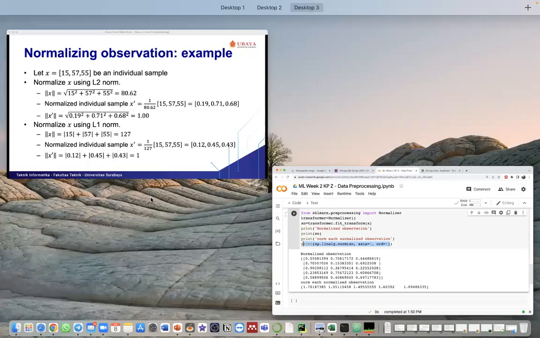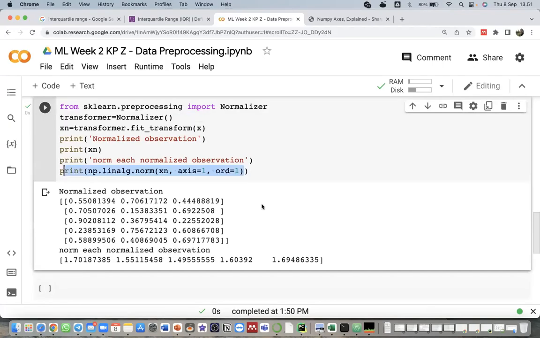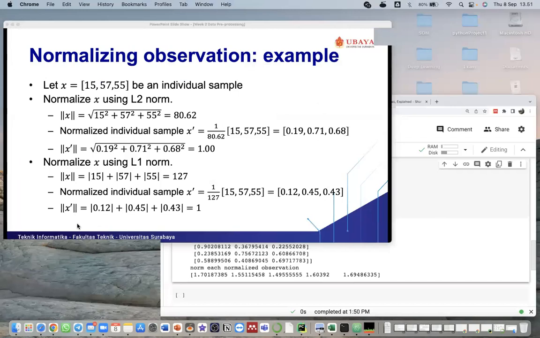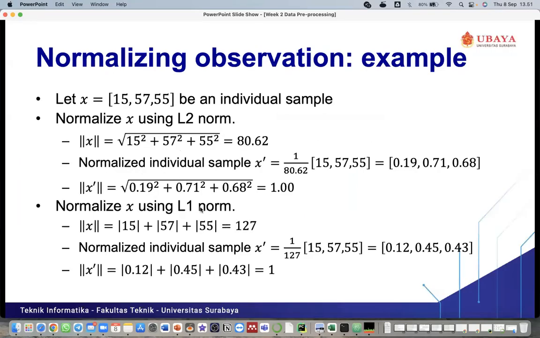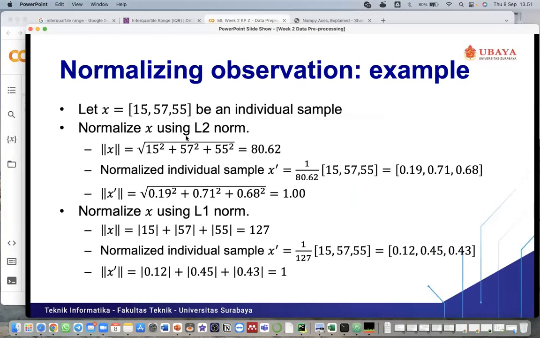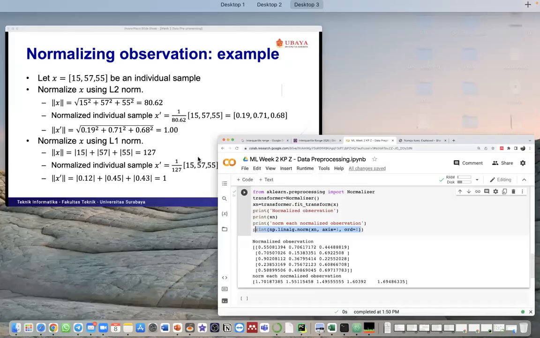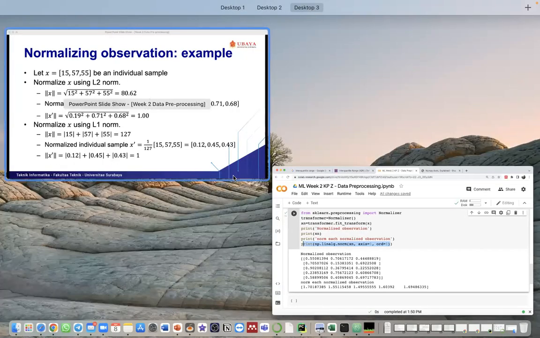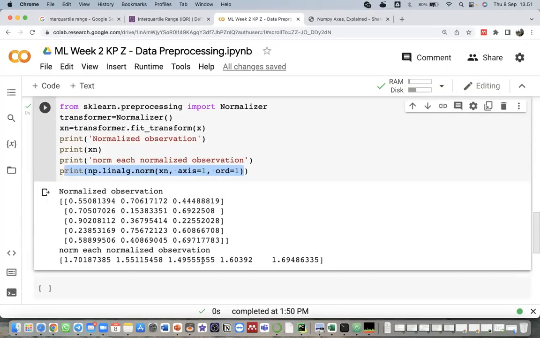So it will calculate the values using this formula, not this formula, right? Because the order equals 1, but the normalized function is L2, it is using the L1 norm for the calculation. So it will give us values that are not 1 for each observation.